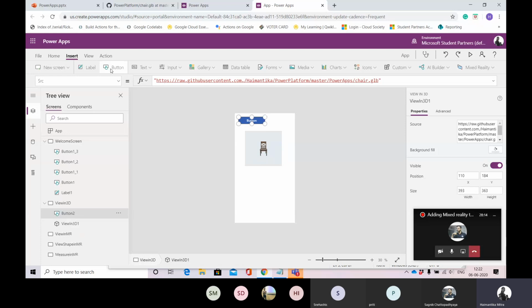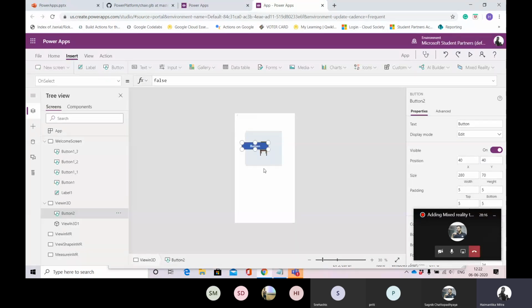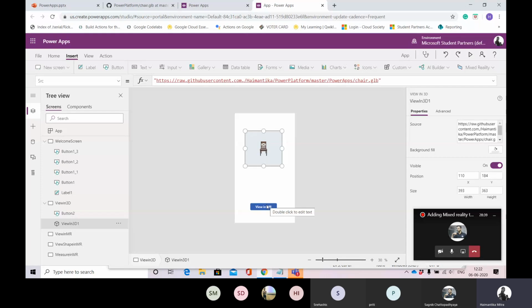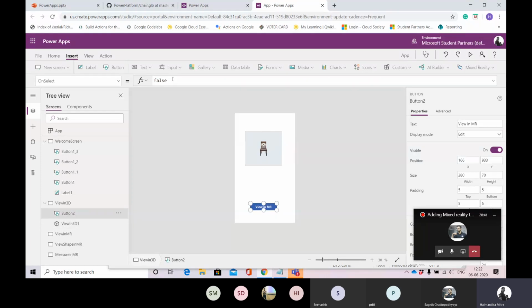Next, I add a button. This button will lead me to my next page, which is view in MR. So let me just rename this button to view in MR. Okay, so to let this button navigate to my next screen, that is view in MR, what do I need to do? I'll use the navigate formula. So I'll click on this button, and here on the formula bar, oh sorry, I thought the navigate formula was copied.